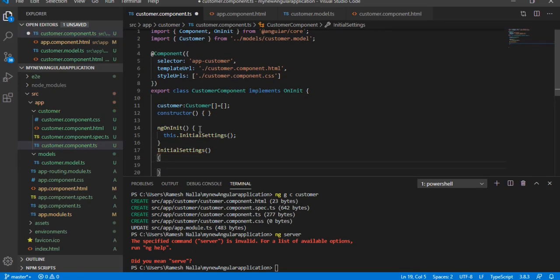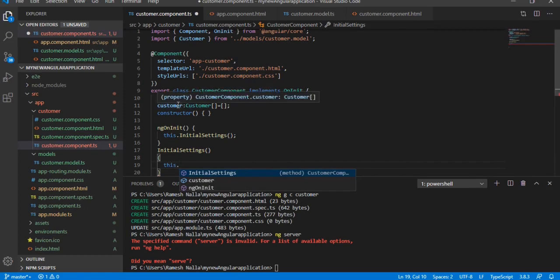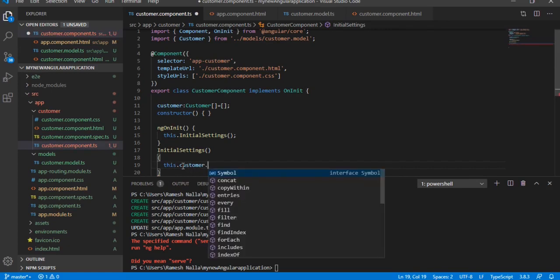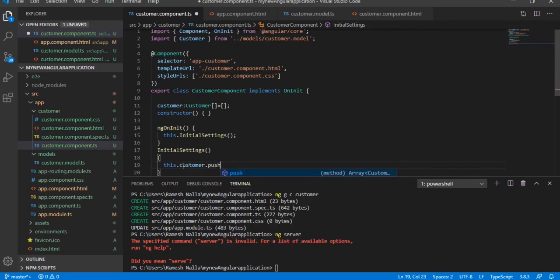For that customer object, the array of customers, I have just created a customer variable that is of type customer, that is again an array of customers. So for that customer, I am going to add the data. So this.customer.push, this is an array, this is nothing but the customer array.